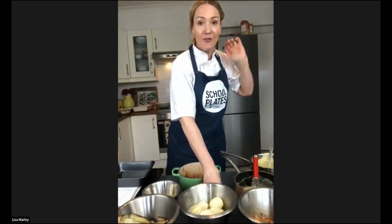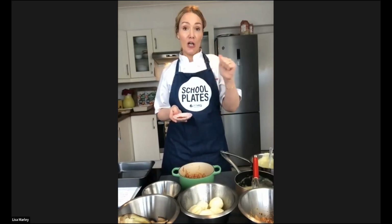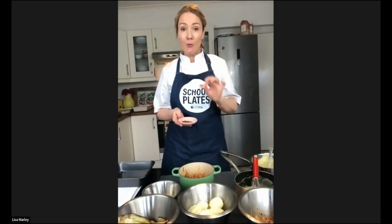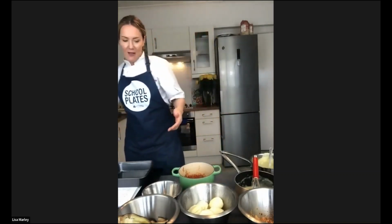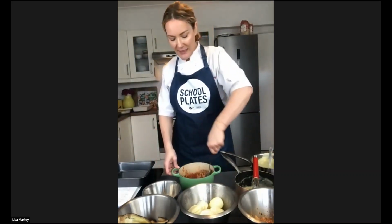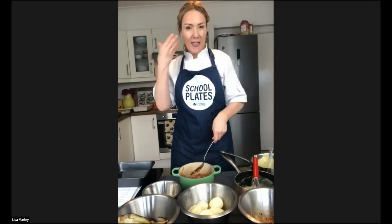So to this, I'm going to flavour it with something again a bit different. I'm going to have some cinnamon, because that's the traditional spice used in moussaka. You can also use traditionally cloves and ground nutmeg, but we're going to go with sweet smoked paprika to give it a little bit of heat as well. So in that goes. And I always love the fact you just add a couple of different elements and spices, and you've got a completely different dish, a different sensation, that little bit of heat,